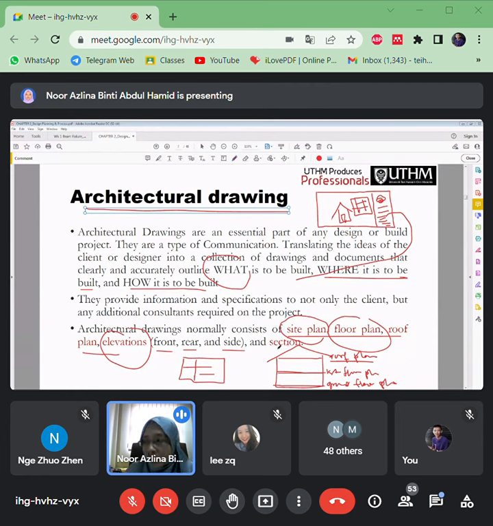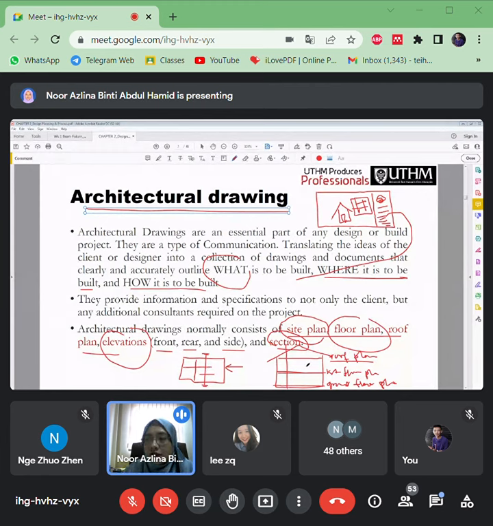Okay, and then also there will be sections. Let's say there will be a cut section here or cut section here, which is you can see what's inside the buildings. Kan katalah ni kalau drawing ni actually you lihat daripada top view kan, daripada top view you nampak semua dia punya arrangement, spacing.